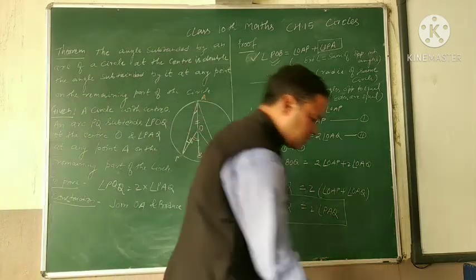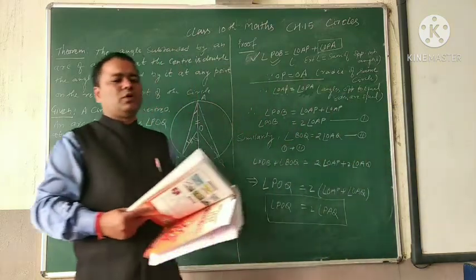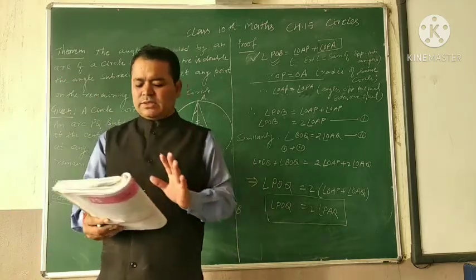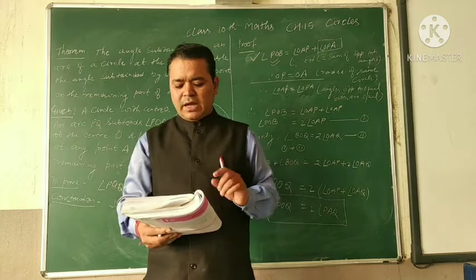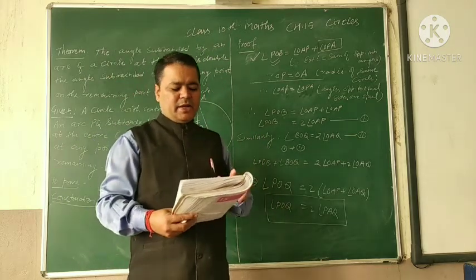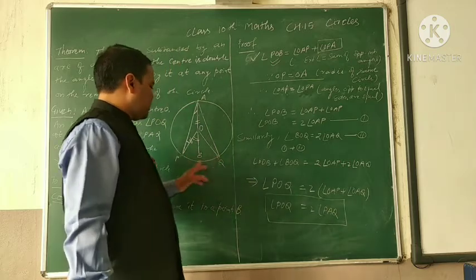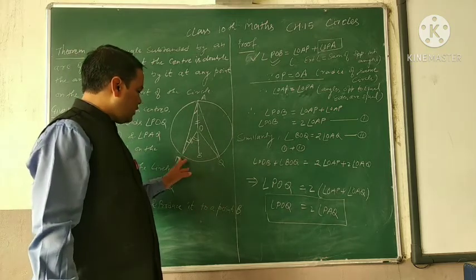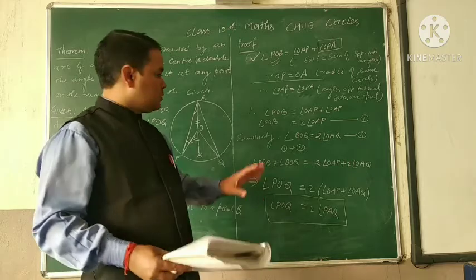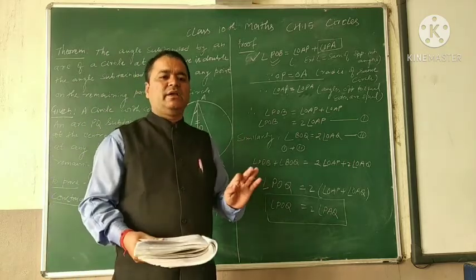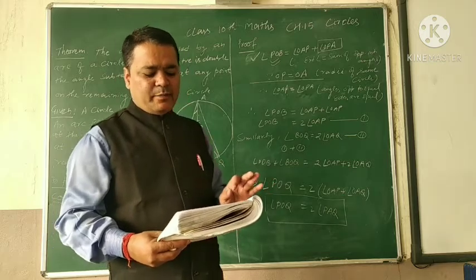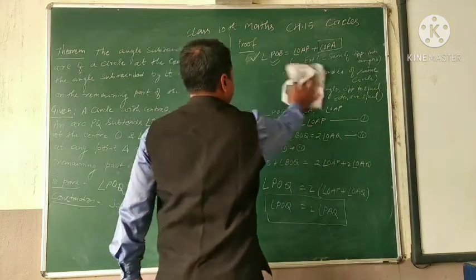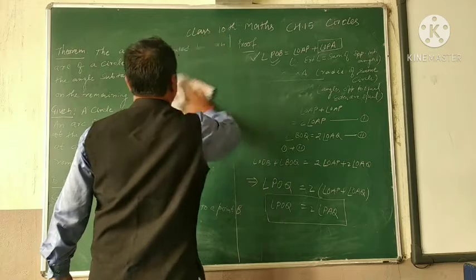Okay, let us see some more things, given as corollary 1 and corollary 2. So here, according to this, equal arcs of a circle subtend equal angles at any point on the remaining part of the circle. Equal arcs. These are PQ. Similarly, if we have any other arc and the length of arc PQ and the other arc is the same, both arcs will make the same angle at any point on the remaining part of the circle. For example, it will be better to understand it with an example.